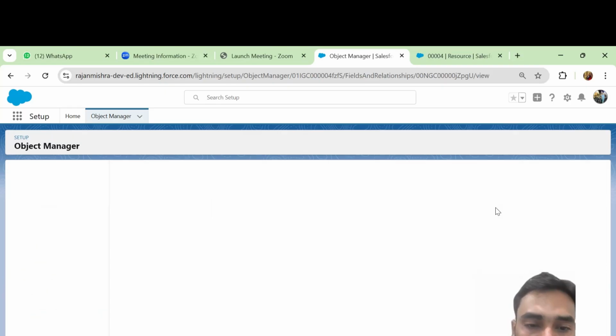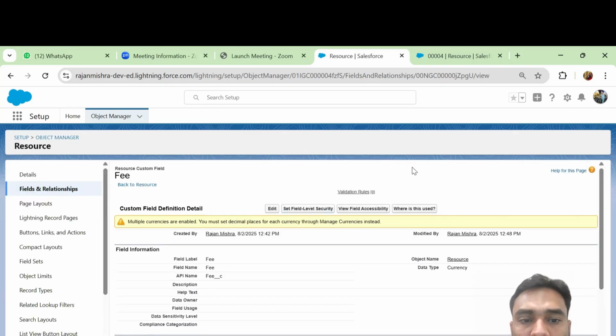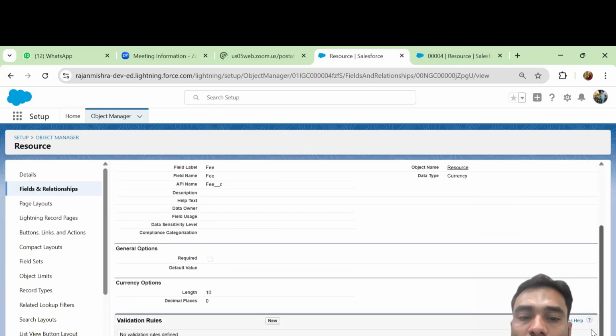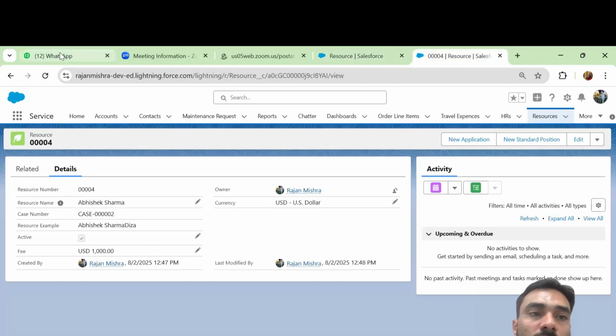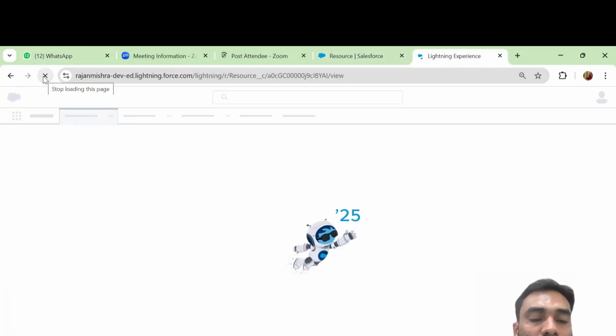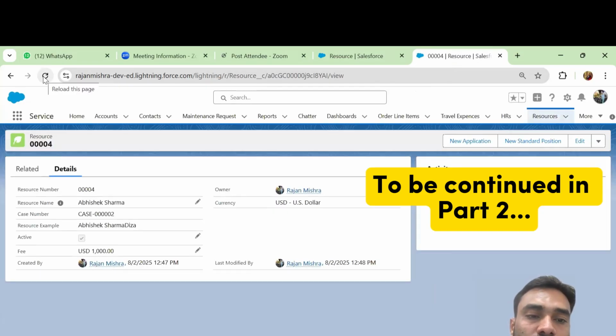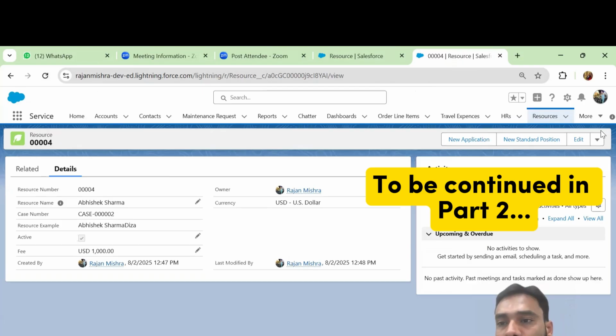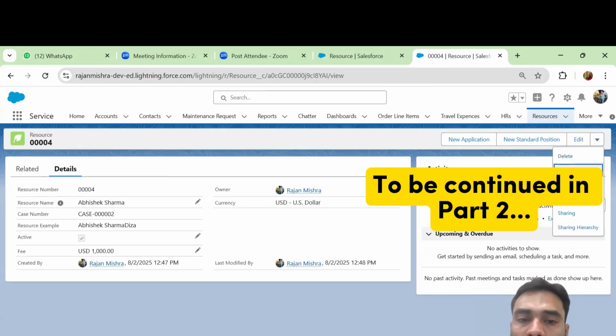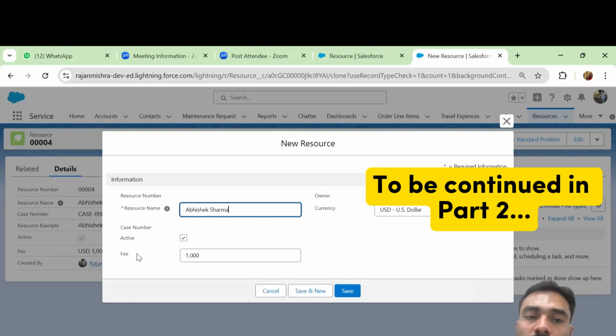And now I will save it. So what is the decimal place now? 0. If I come to this record and refresh it, it will not display that decimal point. Due to cache, it's pulling the old data. So if I create a new